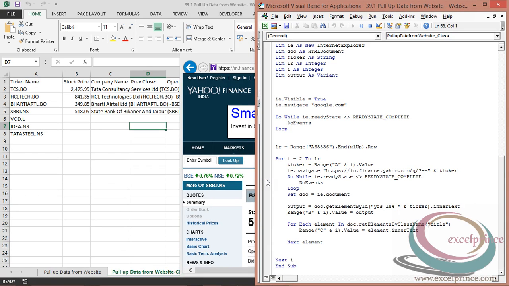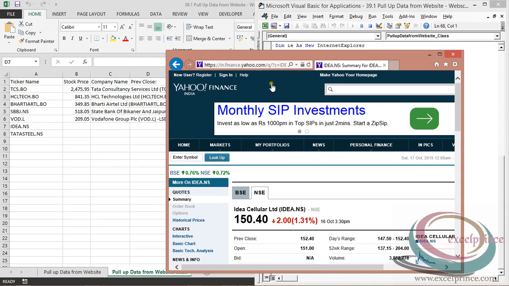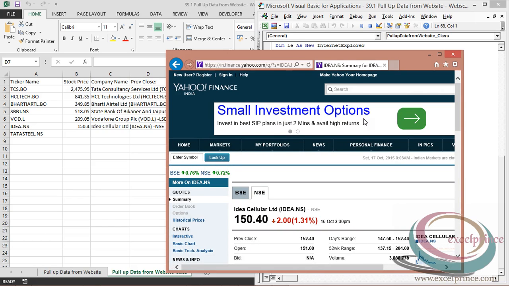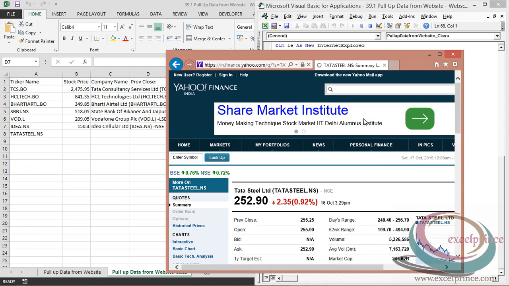Yes, picked up for State Bank. Picked up for Vodafone as well. Maybe taking time for Idea. Yes, picked up, and again stuck, I think so.